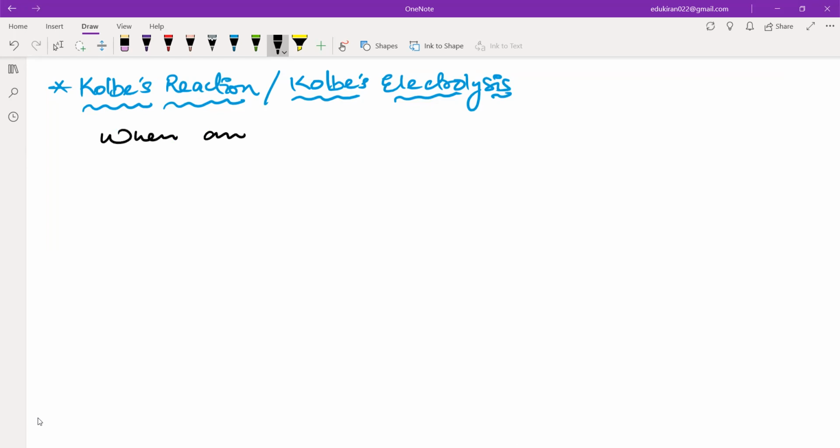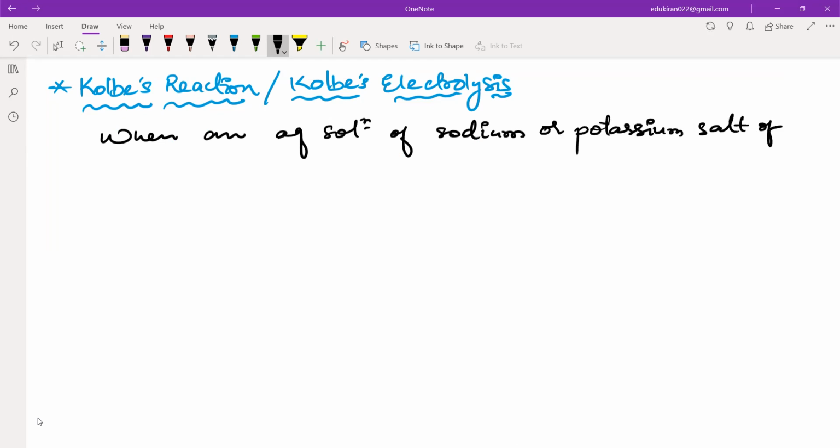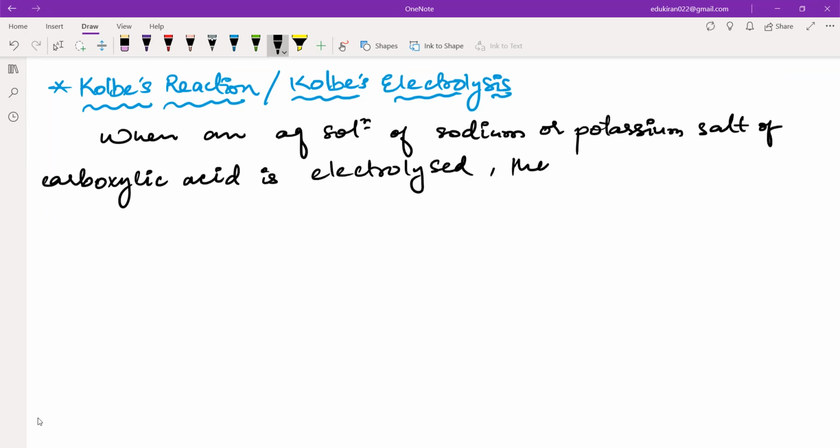When an aqueous solution of sodium or potassium salt of carboxylic acid is electrolyzed, then alkane is formed